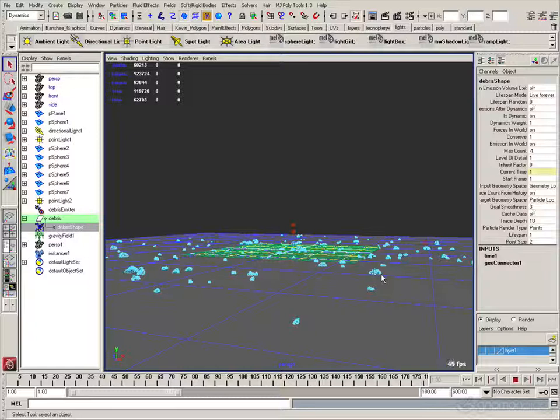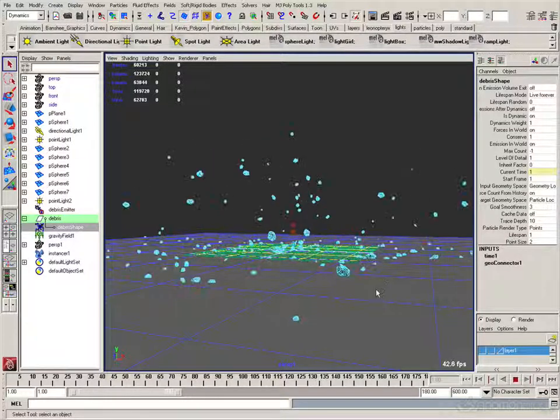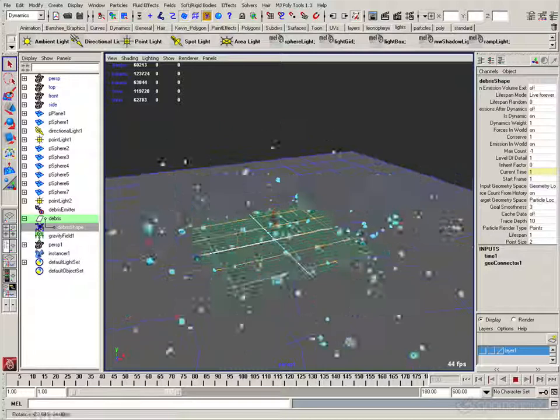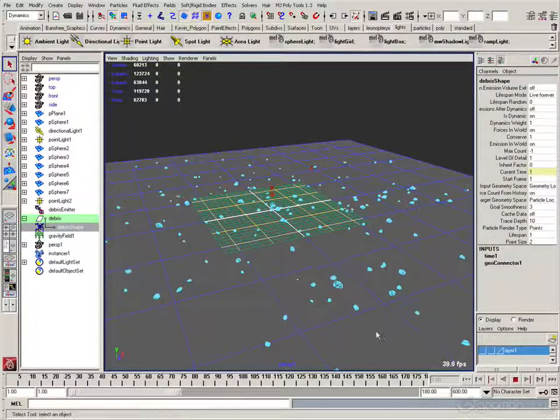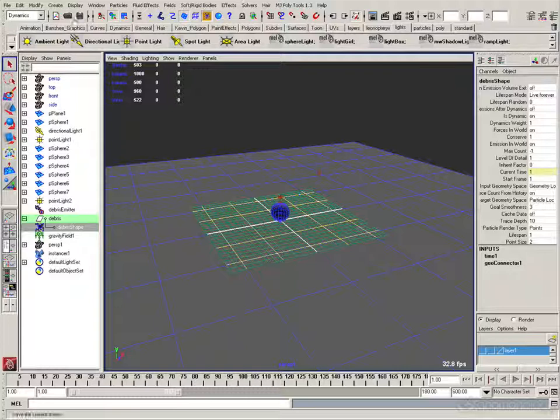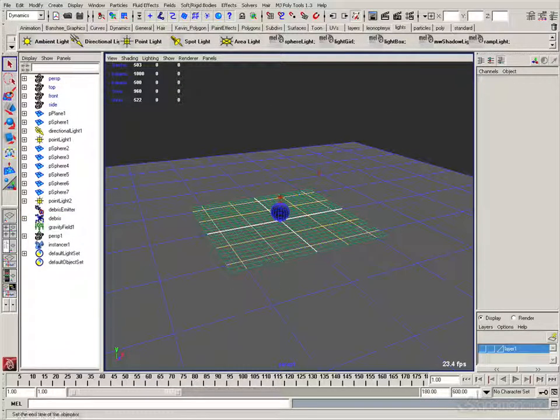All right, so now next thing, let's get rid of those little baby bounces that we have when they hit the ground. And before we do that, let's just rewind and save our progress. All right, so to get rid of these small bounces, which are not as noticeable when we look at it like this,